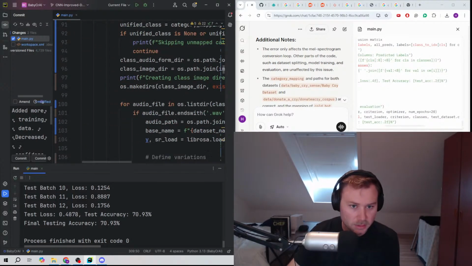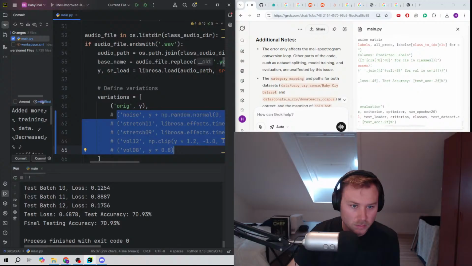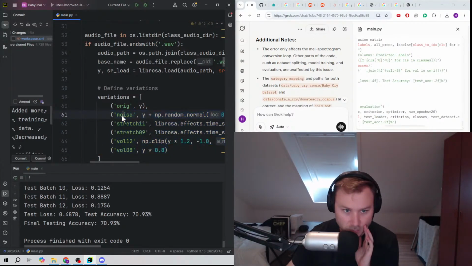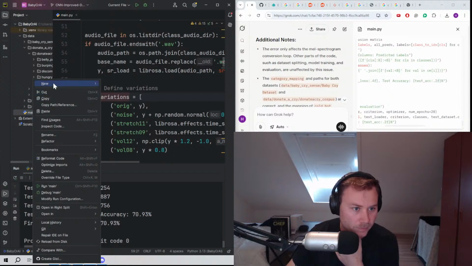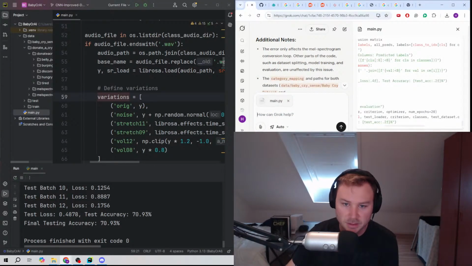Okay, wait. Okay. Let's undo this. And what I want to do is take this file. We're going to open it in our folder. And then I want to throw it onto Grok and say,